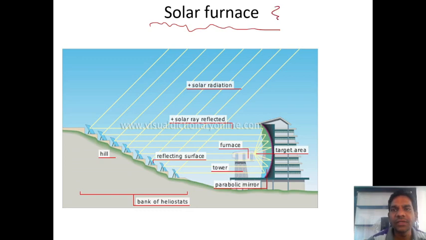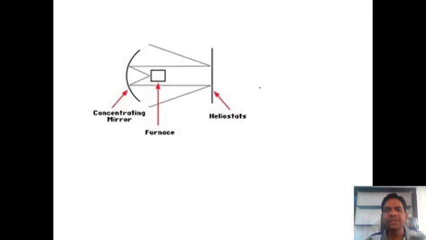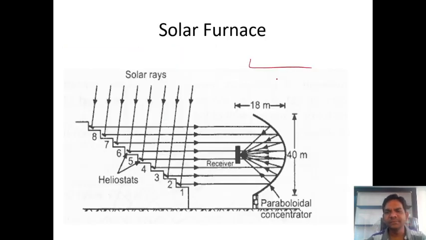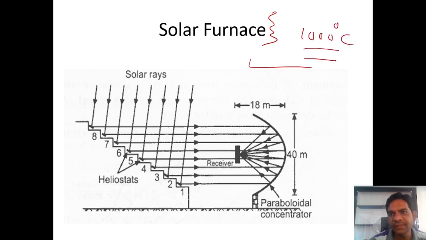But here we can use the natural furnace, which is operated by using solar energy. So you see here guys, in this diagram, look at inside the solar furnace, a very high temperature is attained here. A temperature in the range of 1000 degrees Celsius is attained inside the solar furnace. And what is the principle? The principle is to melt down the materials. After melting down the materials, we have to do a lot of research work and study on these materials.